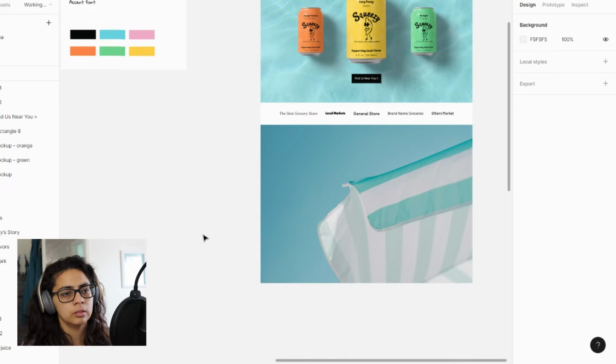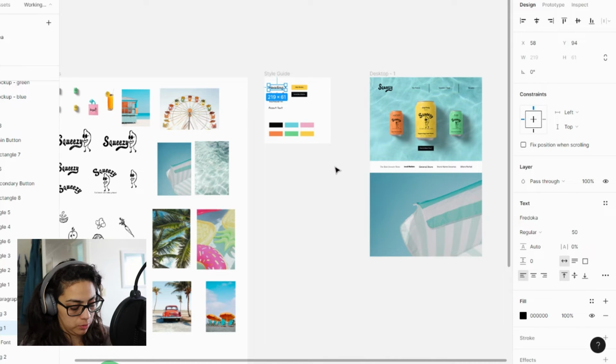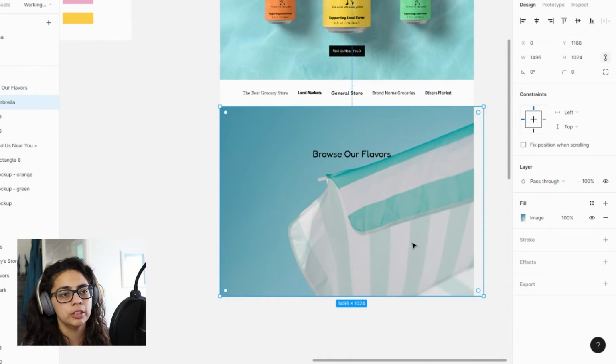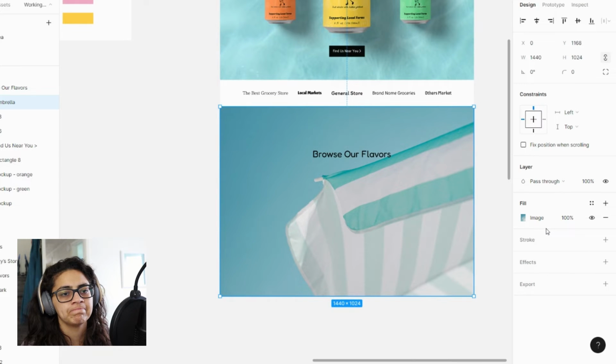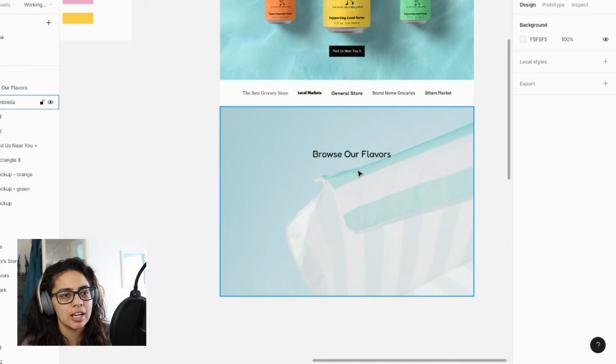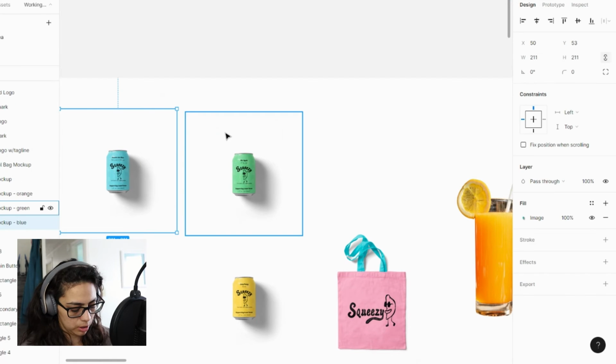And we'll pull this down. And then we want browse our flavors. So we'll do this. Browse our flavors. I don't like how dark this is though. Let's maybe a little more. So I'm changing, not chasing, the opacity. I like this one the most. Okay. And then we did those 3 already, so this one,